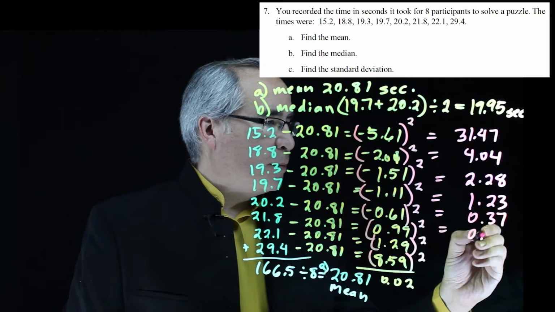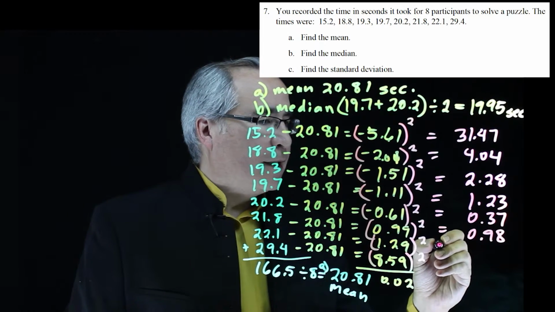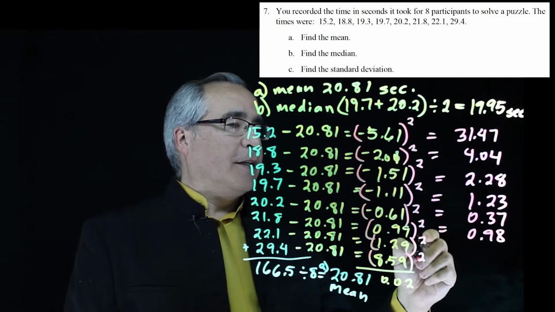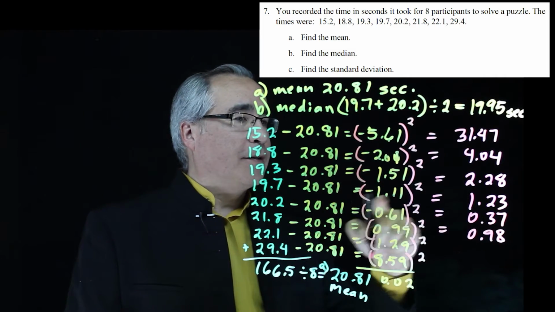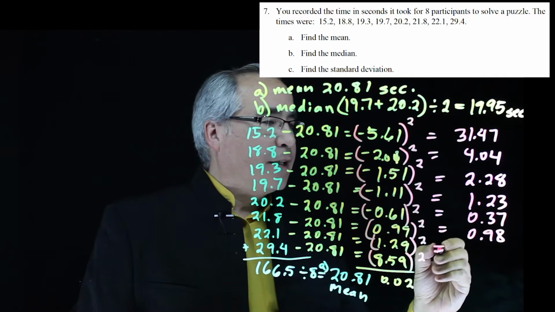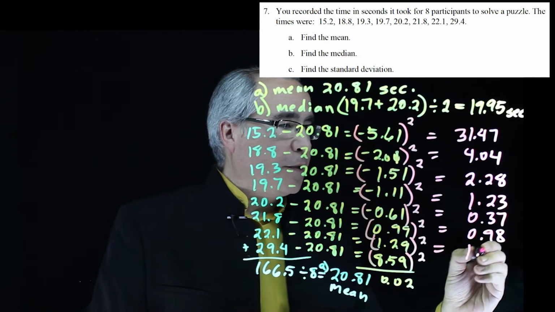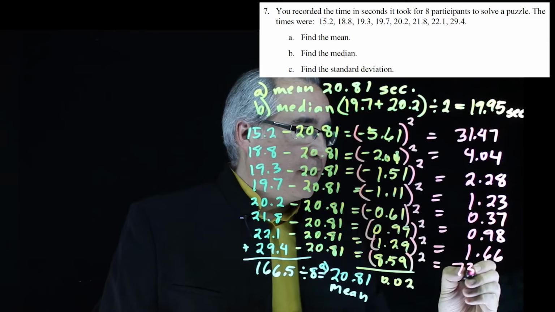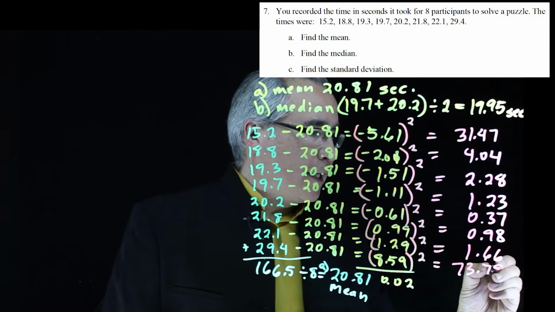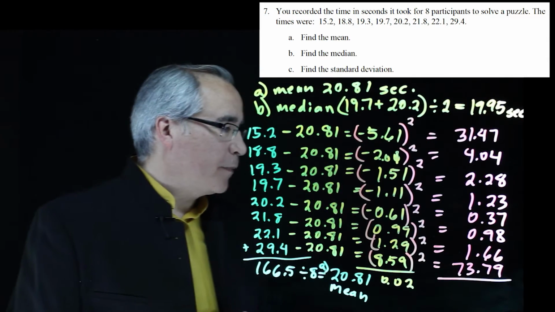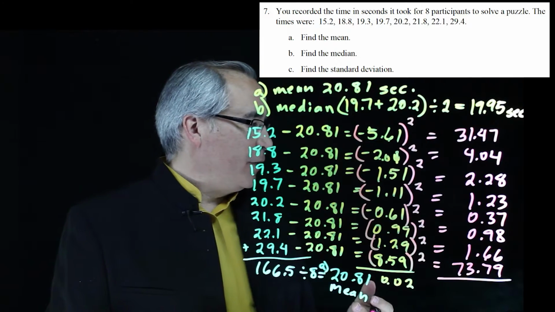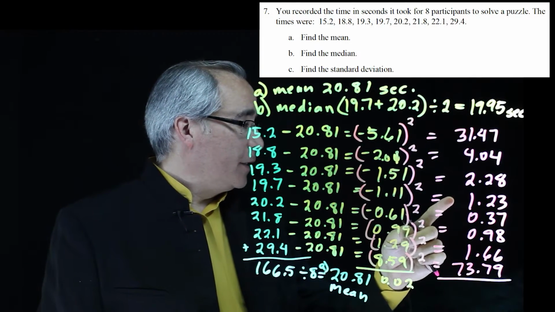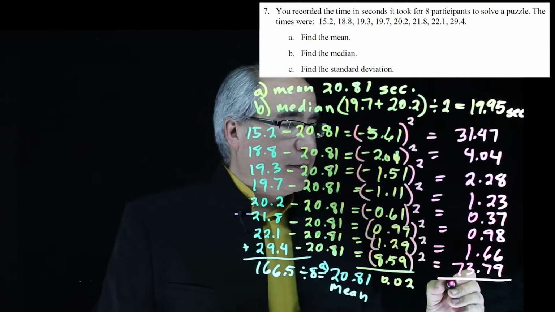This one gives us 0.98. Let's see, where are we? 1, 2, 3, 4, 5, 6. This one gives us 1.66. And this one gives us 73.79. Okay, we add all of these together and we get